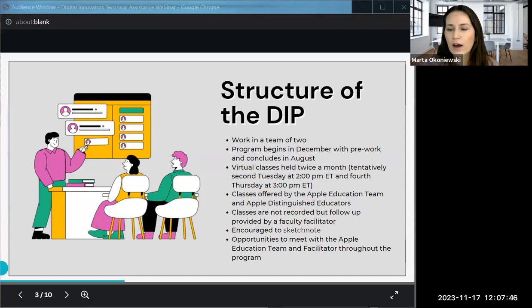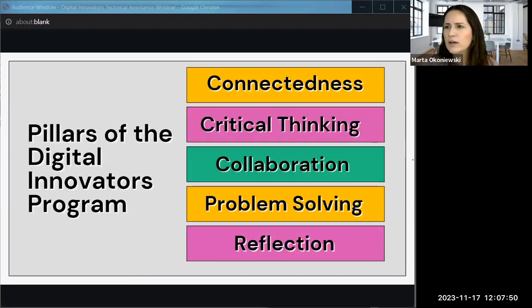So in terms of what the pillars are of the Digital Innovators Program, there's a few aspects of it that you'll be able to work on as you're going through the courses. There's an opportunity for